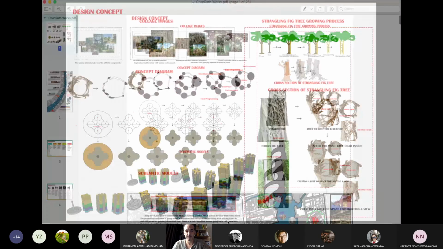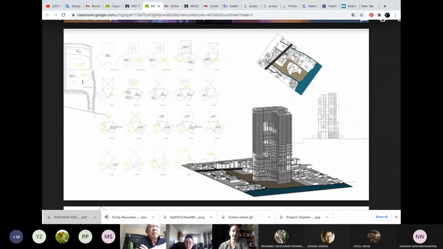See, maybe I can find another sample. This is one student who is developing this high-rise building, and she needs to improve many things, no? But let's say that we accept this kind of geometry, these three rectangles with the void in the middle. There is one moment where you cannot have your whole building be the same from the bottom to the top. So then you will need to start to reproduce this geometry as a template, and start to think about the potential layouts, the different layouts that this kind of geometry is generating, no?